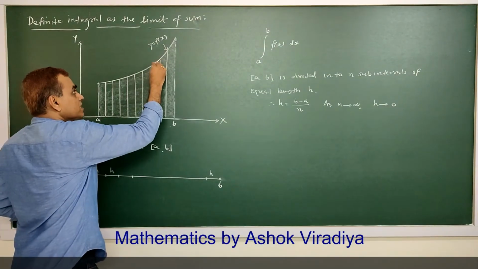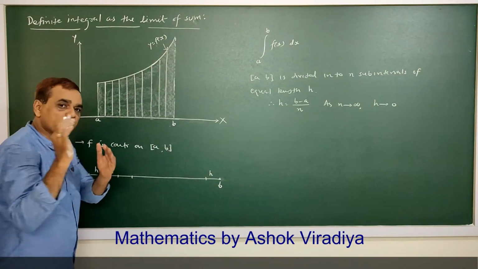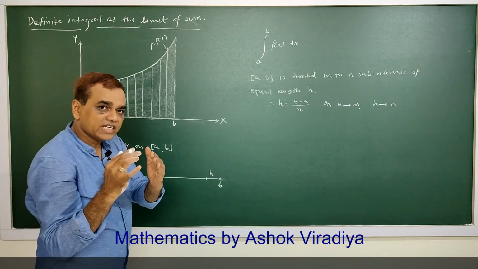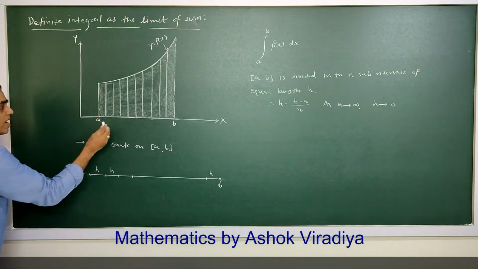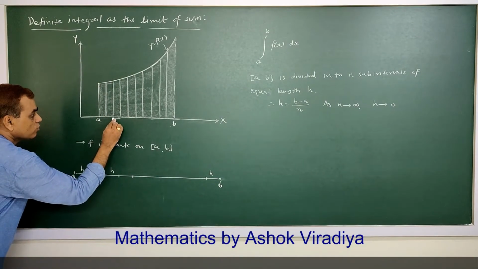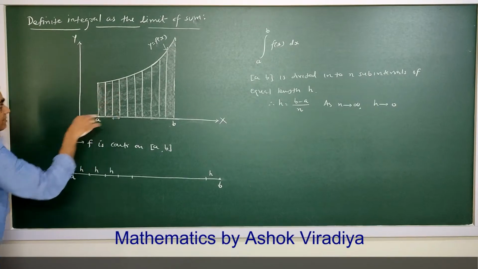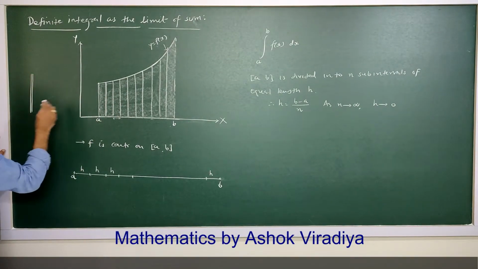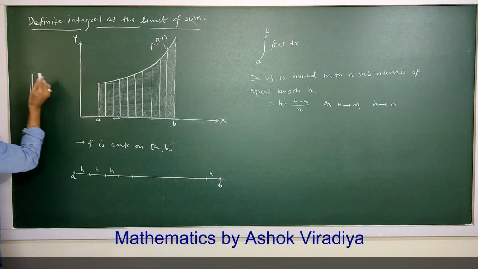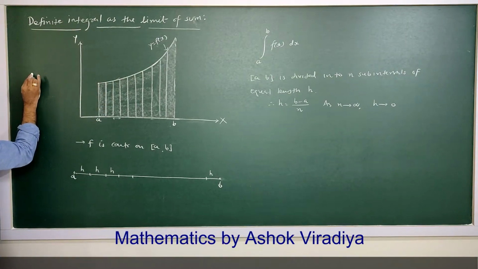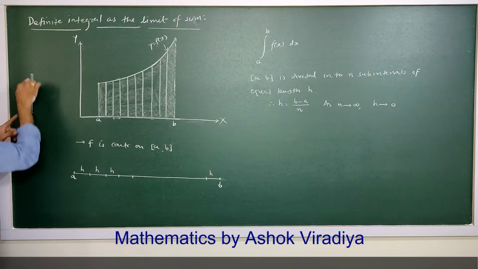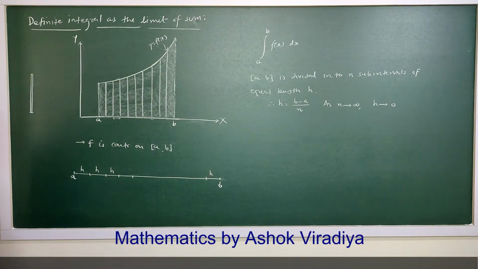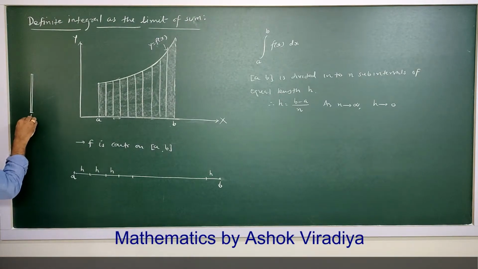As h goes to 0, this strip will be very, very thin, and here this curve is going to be parallel to this line, so this will be a rectangle. So the width of the rectangle will be h,